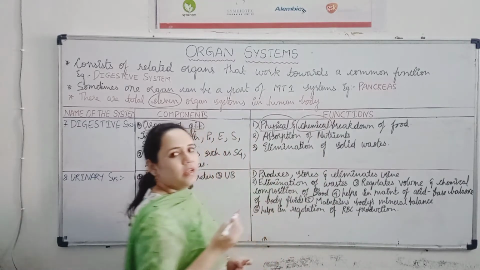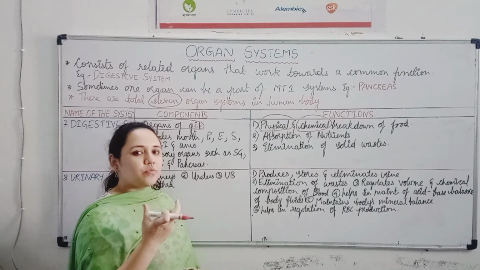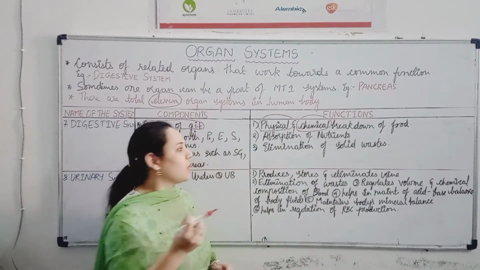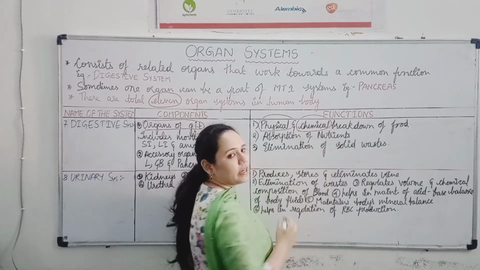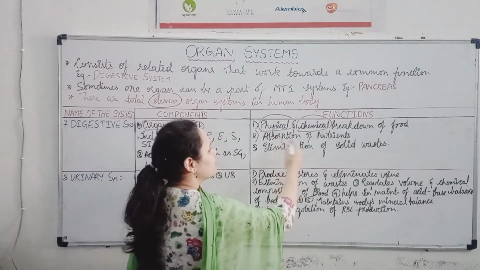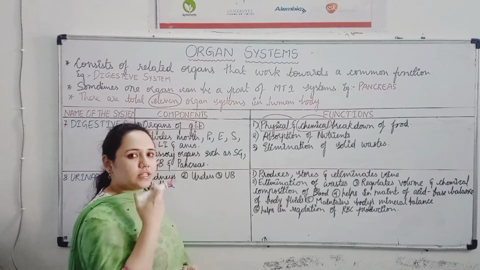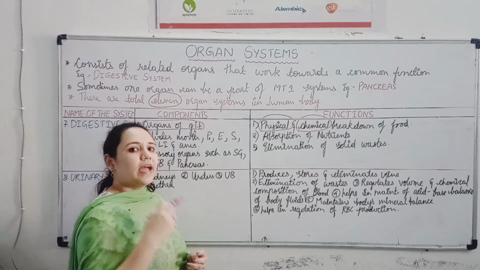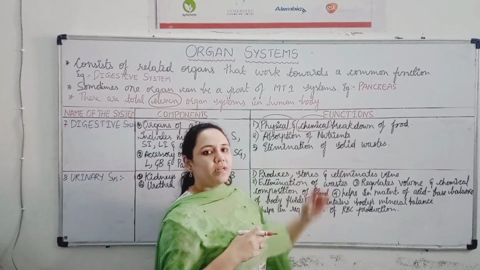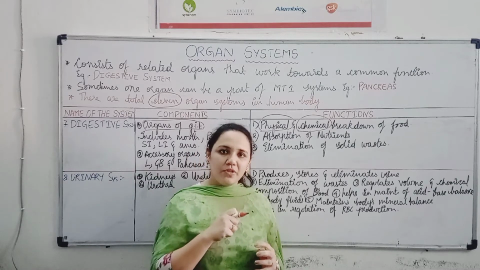जैसे for example हमारे meal में अगर carbohydrates है, वो carbohydrates जो large molecule होता है उसको chemically break down करके glucose molecules form करते हैं. So that is chemical breakdown. So physical and chemical breakdown of food. And then once breakdown happens, what happens, जो body के लिए जो अच्छा होता है उसको absorb करना and waste को remove करना. So once breakdown of food happens, the function of digestive system is to absorb the nutrients